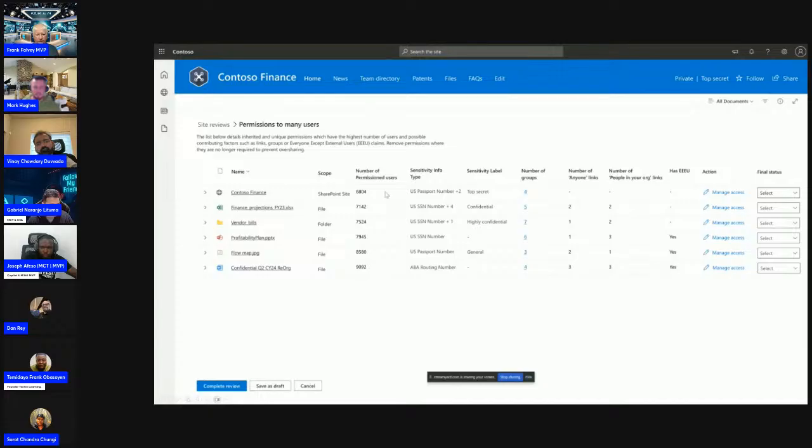So you can see a lot of similar columns here, a little bit more information around the sensitive info types. You can see social security number, sensitivity label. When they click on the number of groups, it shows them the actual groups that are associated with a particular location. And then of course they can manage access here as well on the right hand side. A little bit of user education required perhaps to help users manage this, but a much needed feature, I think,